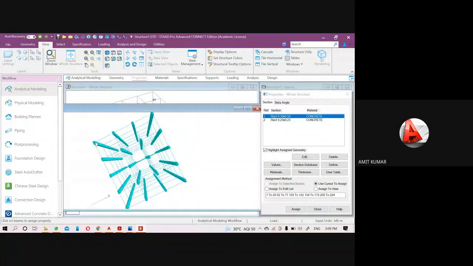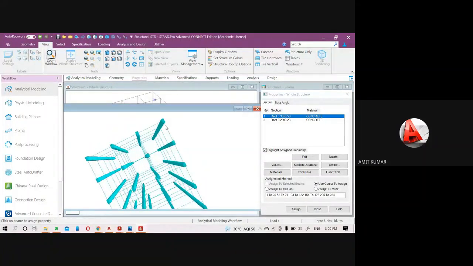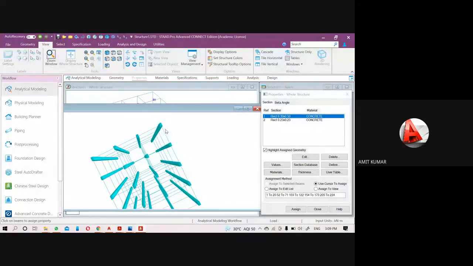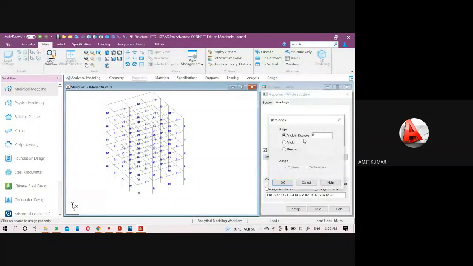Now the condition is at the corner. If I want to rotate the column, we have a beta angle option. Come to the beta angle, click on create beta angle and provide the angle in degrees, like I want to rotate it by 90 degrees.